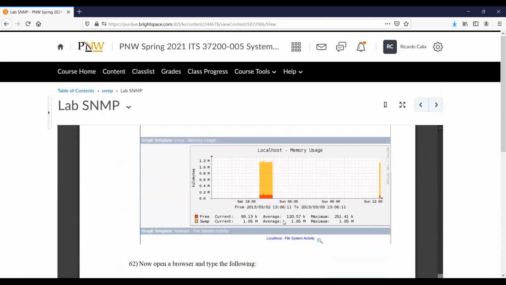We're going to use a tool called Cacti. It's a Linux-based tool for monitoring. With Cacti, you could also write your own code for this, but basically you could monitor servers, printers, any kind of network device in your network, and